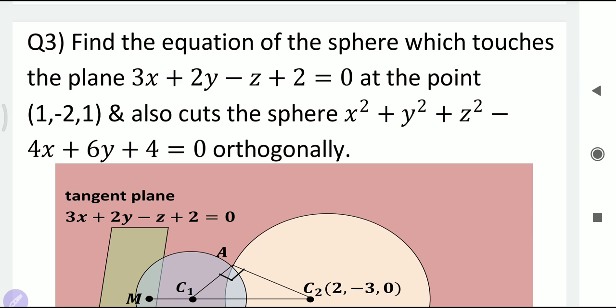So what is given to you? Find the equation of the sphere which touches this plane at the point (1, -2, 1), and also cuts the sphere x square plus y square plus z square minus 4x plus 6y plus 4z orthogonally. Now orthogonally means what? Whenever two spheres intersect each other orthogonally, the meaning of orthogonally is that the angle between their tangent planes is 90, or we can say the angle between the